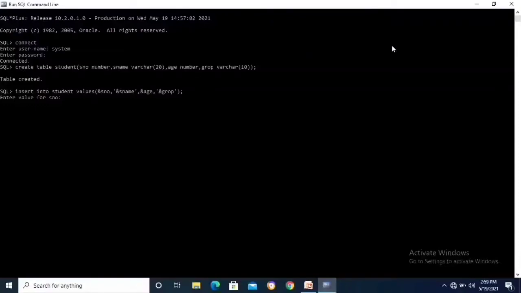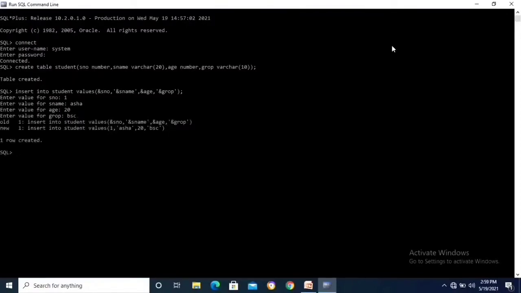Enter value for student number 1. Student name Asha, age 20, group BSc, enter. One row created. If you look at this, one student's data is inserted in the student table. Next data, reverse slash, enter.